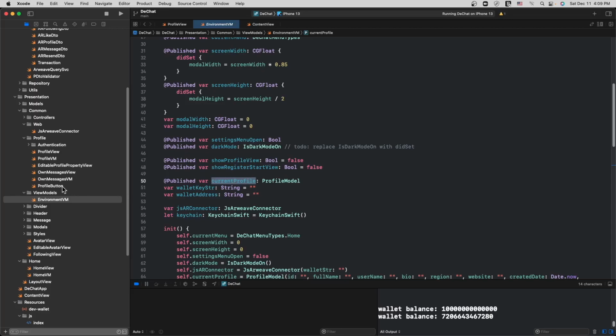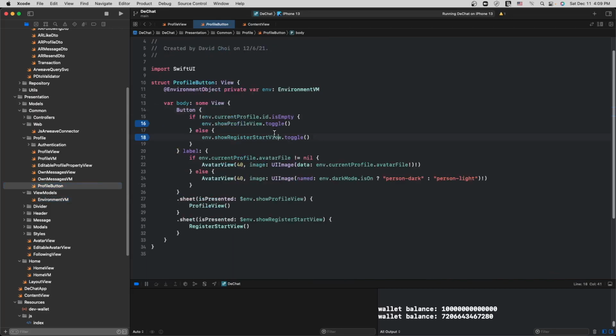And if that is populated with a transaction ID, which means that it was posted into Arweave and gotten back from Arweave, then we're going to show the profile. And if not, we're going to show the registration screen. So pretty boilerplate stuff, right?